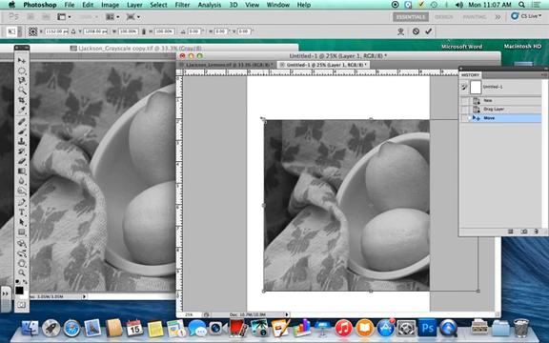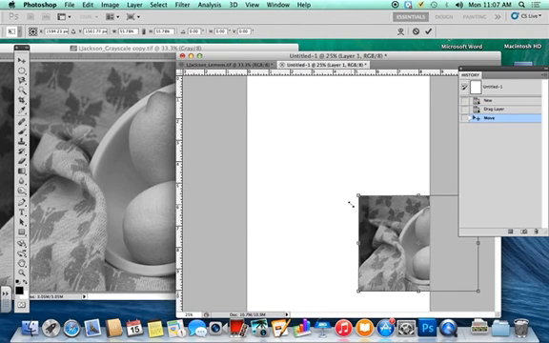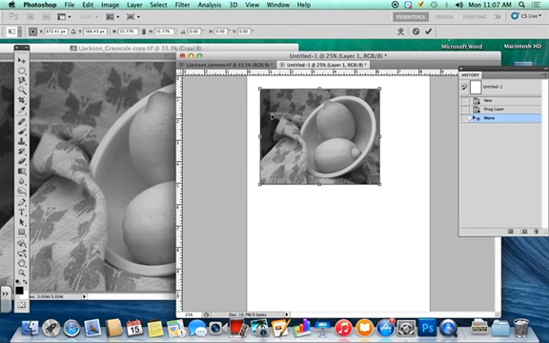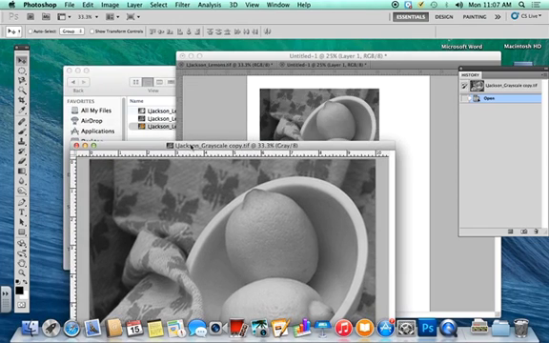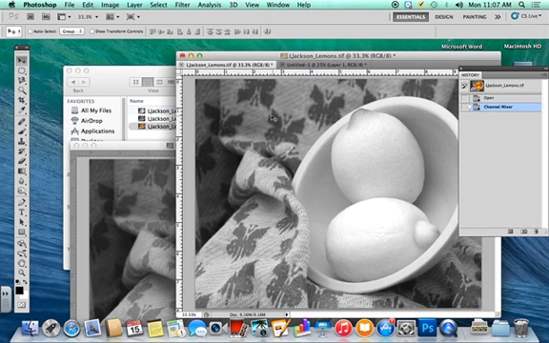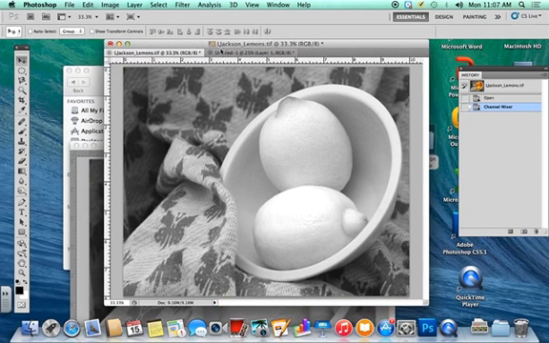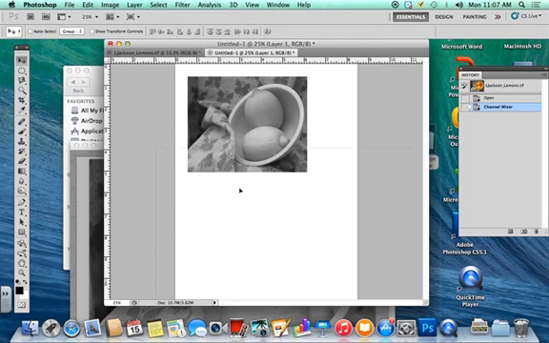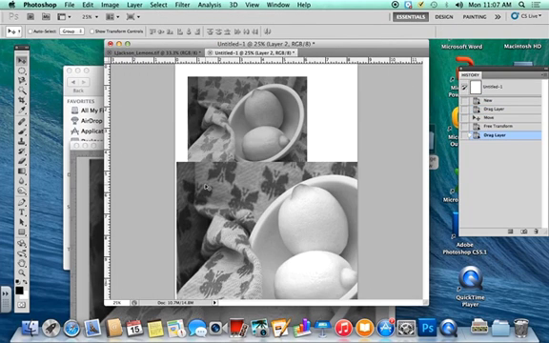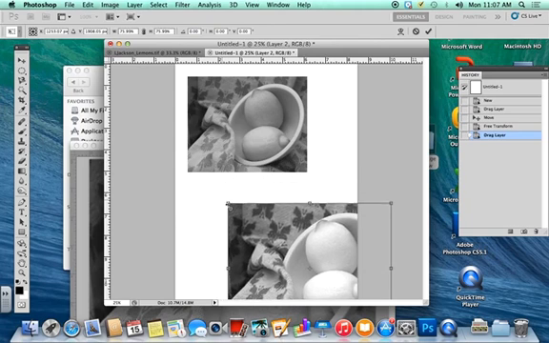Command T will allow you to free transform your picture. Hold down Shift so it stays in proportion. And that one is my grayscale. And then this one is my new one. This was the channel mixer red,